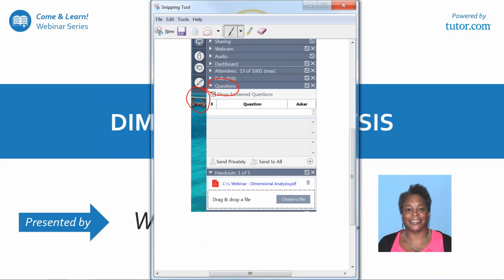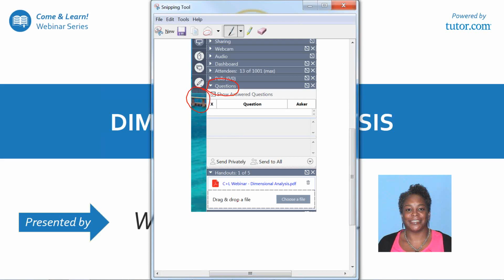Since you are on mute and cannot speak to us, we have to have a different way for you to ask your questions and engage with the webinar. You're going to do this through the GoToWebinar control panel. You should see the word questions. If the arrow's pointing to the right, click it and it will expand. This is where you can enter any questions that you may have. We'll pause throughout the webinar and the lesson in order to answer your questions and work them